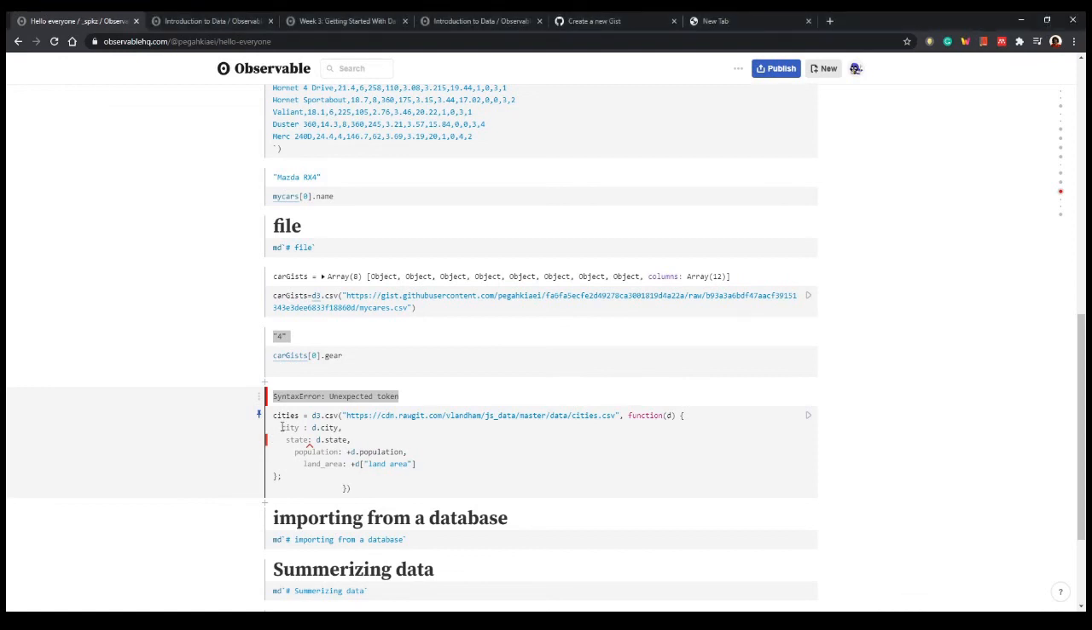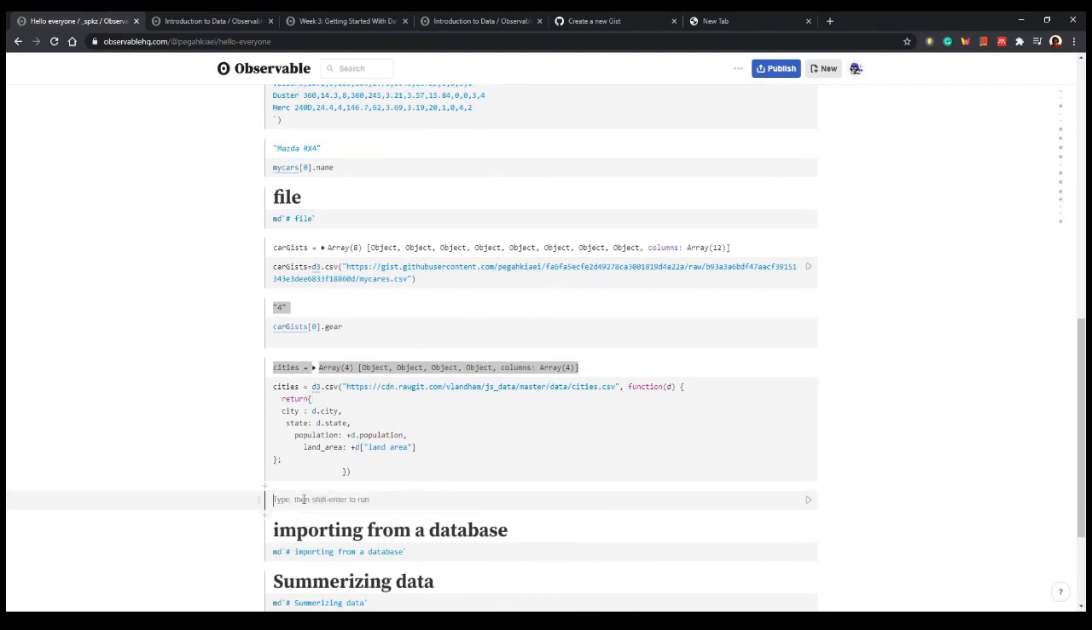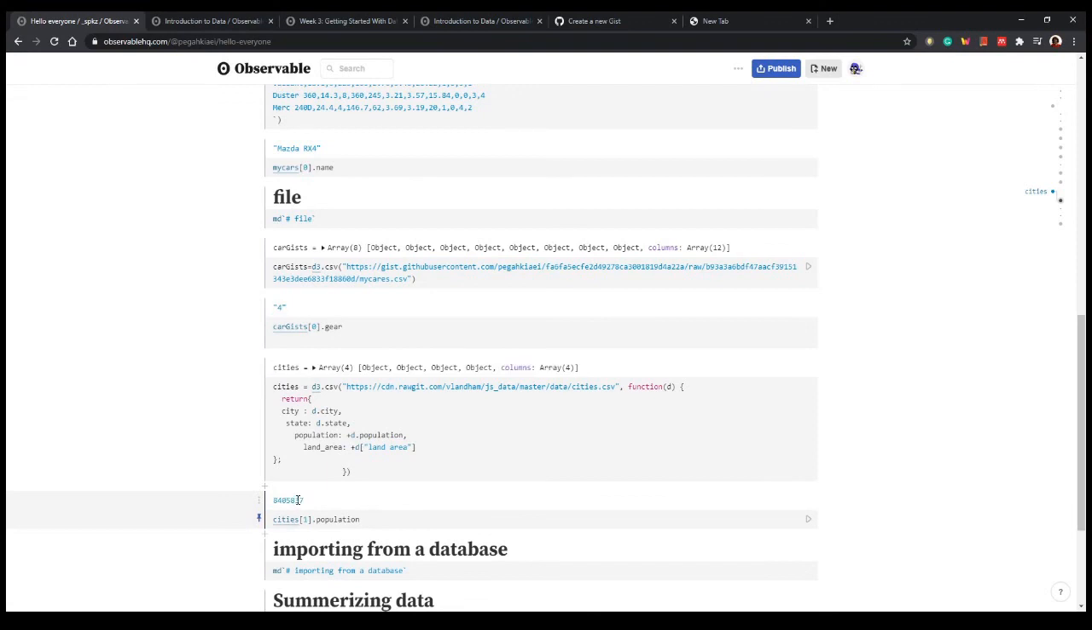I want this function to return the actual value. So return, and this is what I want to return. These are the cities, and now if I ask for the cities' first element, second element, and ask for example for the population, this population would be in numeric format and not in string format. That's it. So now let's go to